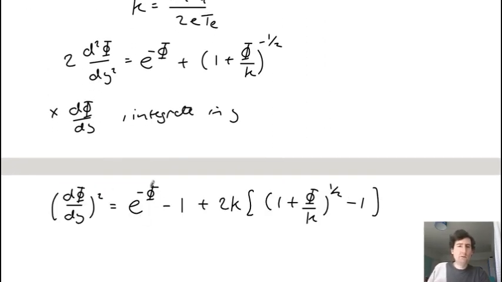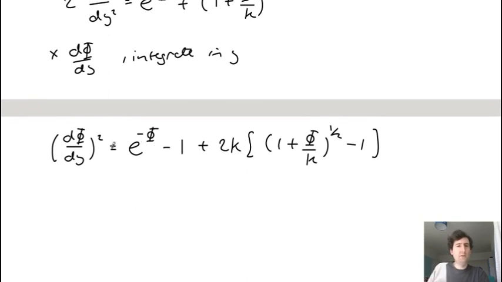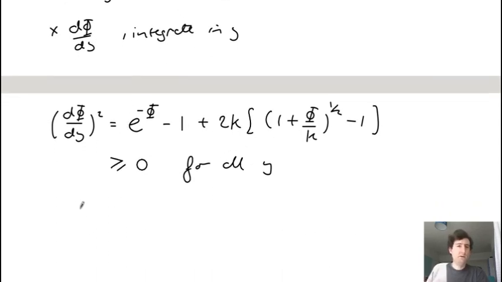Now this is also a nonlinear equation and impossible, or very difficult, to solve analytically. Usually it has to be solved numerically, but it does have some useful features we can use to calculate a condition on the flow. The main one is that this has to be greater than or equal to 0, because otherwise this will become imaginary, and that is essentially what leads to the Bohm criterion. So we have to make sure that this whole expression is larger than or equal to 0 for all y, and so the easiest way to do this is to expand for small